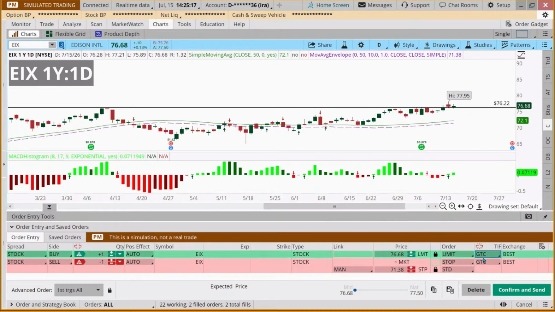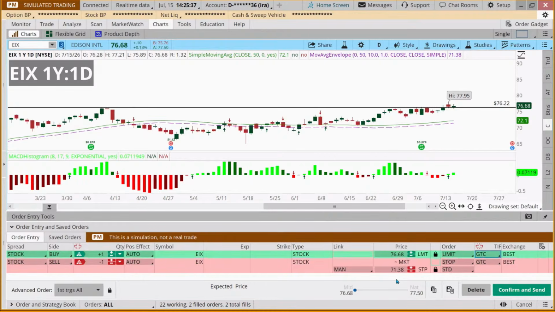Now, a couple ways. We talked about position sizing briefly last week. Our risk per share, again, some terms that you need to understand. Our risk per share here is the difference between 76.68, our entry price, and 71.38, our stop price. So that looks like it's about $5.30.